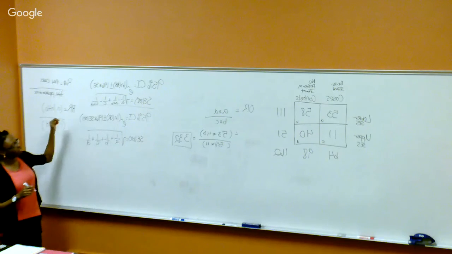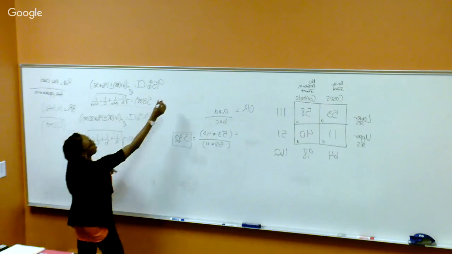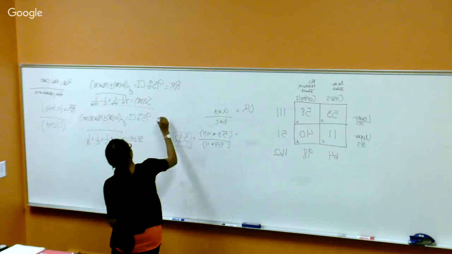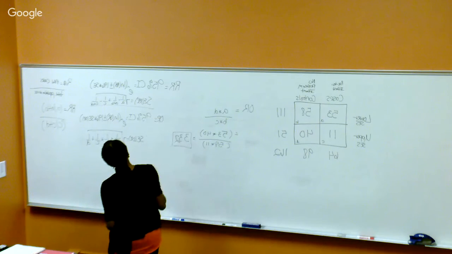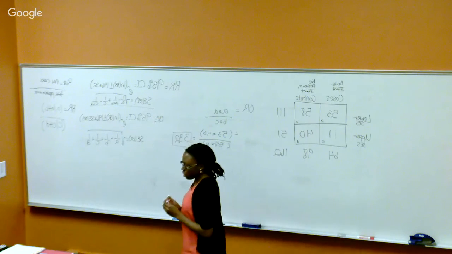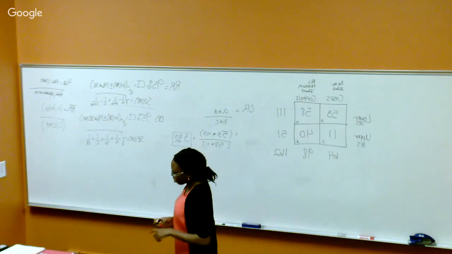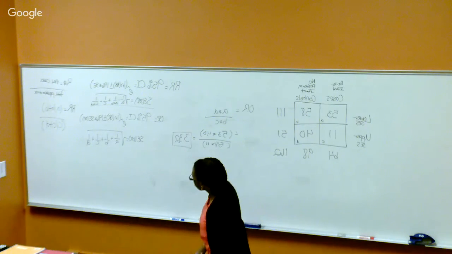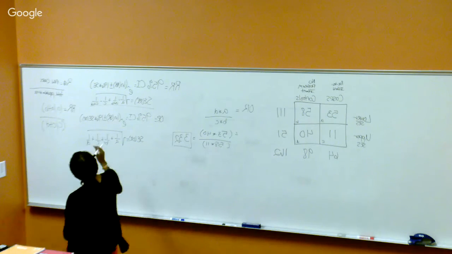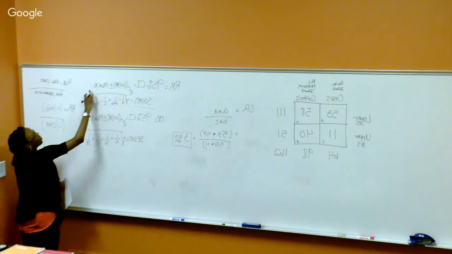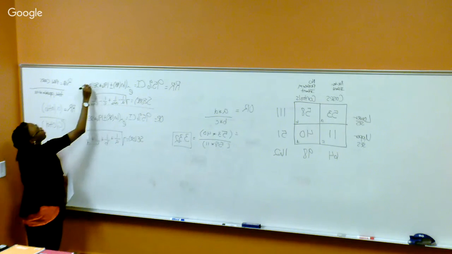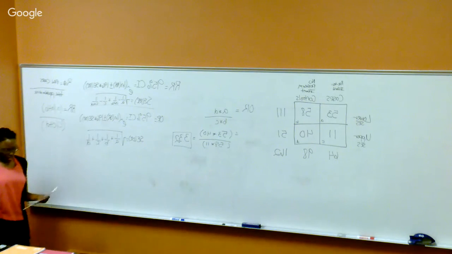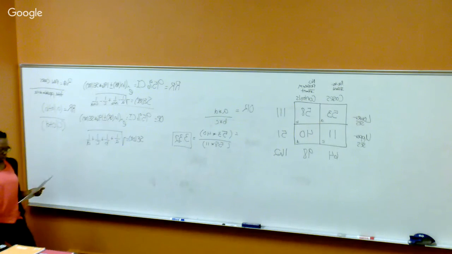Okay, so that's the comparison. This is for the relative risk, and this is for the odds ratio. Okay. This should be standard error. Okay, so